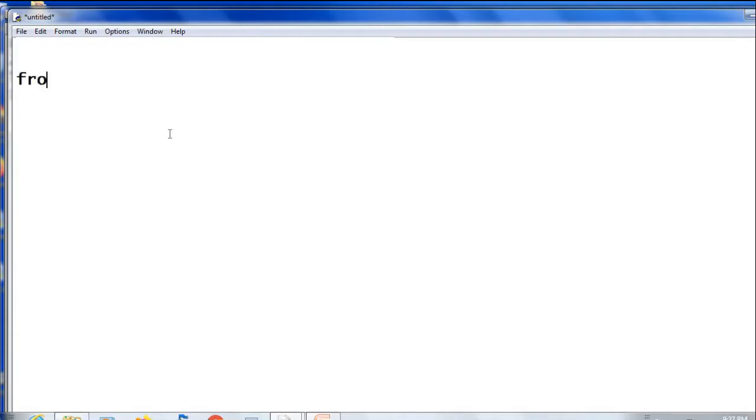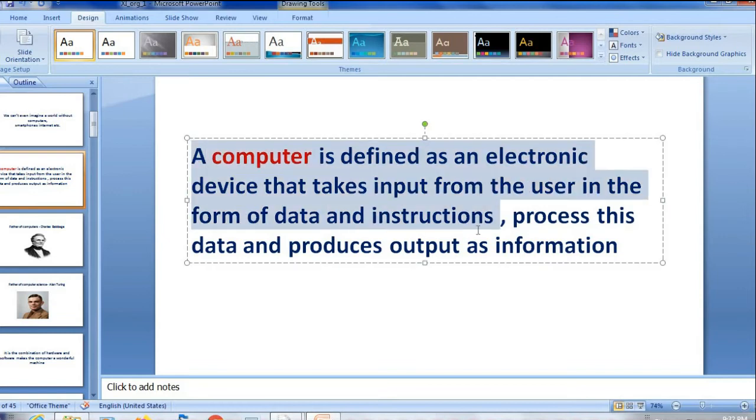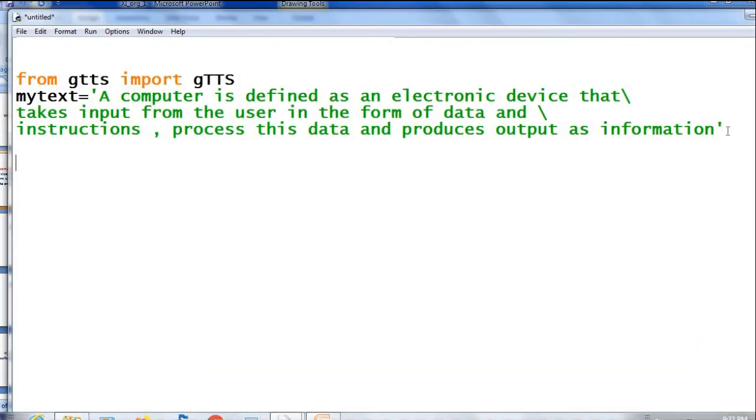First statement is from gTTS import capital G TTS. gTTS is Google Text to Speech. From gTTS module, import the function gTTS. Next I am going to store my text into a variable. My text equal to, I just copy this from my slide, then create the audio object, obj equal to, call the function gTTS,